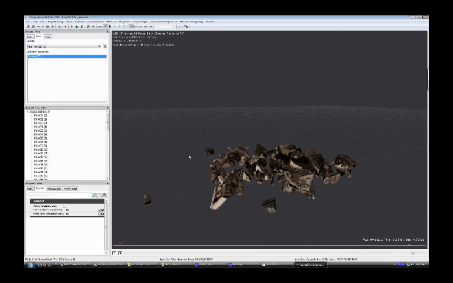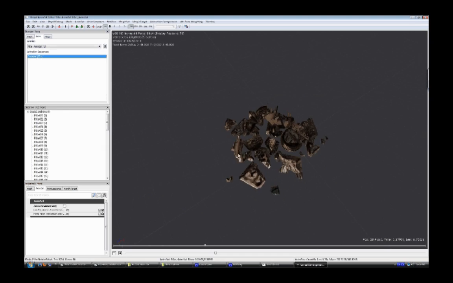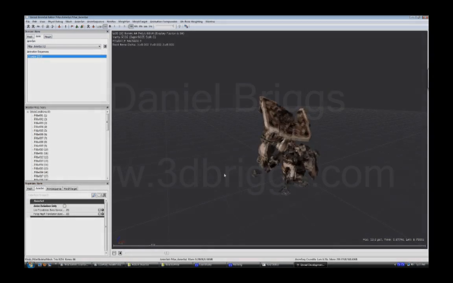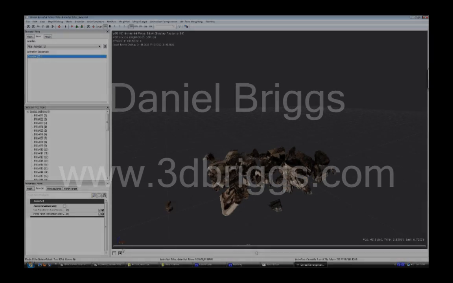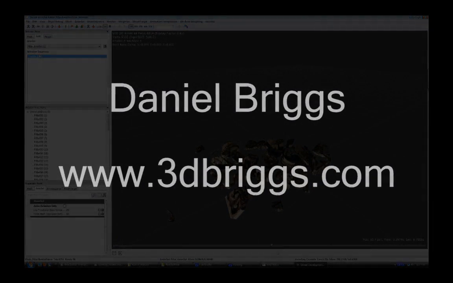So here we have a nice final product of a skeletal mesh with an animation. This animation breaks apart, and you can put this in your level. You could say, hey, if I step on this trigger, there's an earthquake, and if there's an earthquake, make my pillar fall apart. Or you could trigger a boulder to fly in and break this down. And basically, whatever situation you have, you can make an animation for it, and just add it to your animation